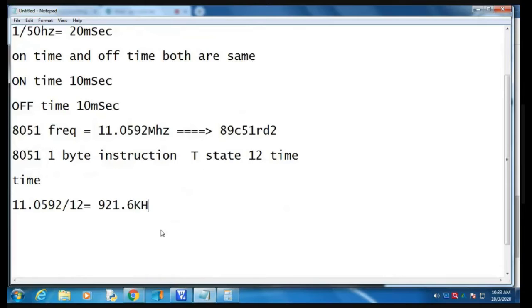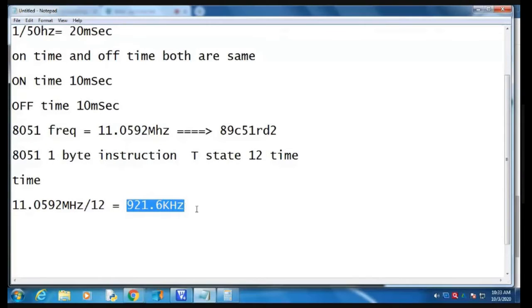kilohertz, because it is in megahertz. So the answer of 11.0592 megahertz divided by 12 is 921.6 kilohertz.